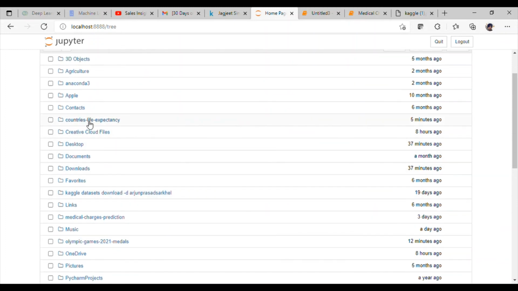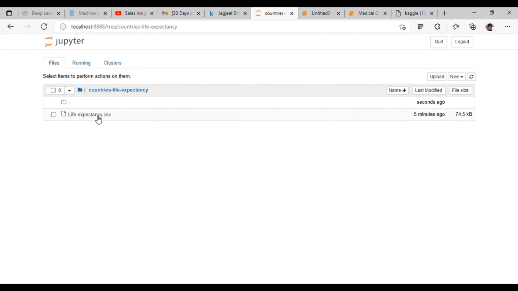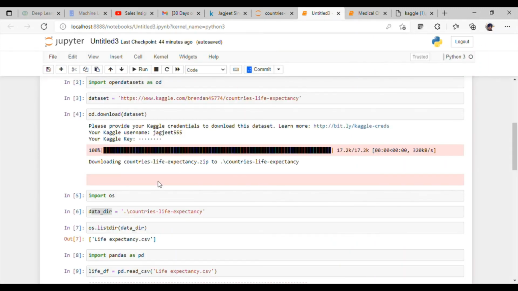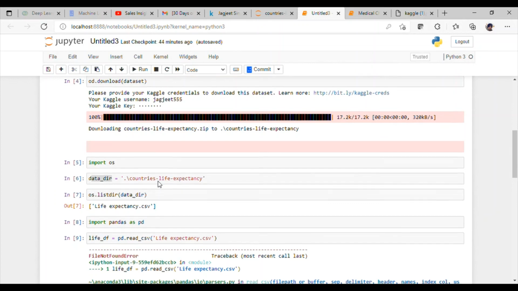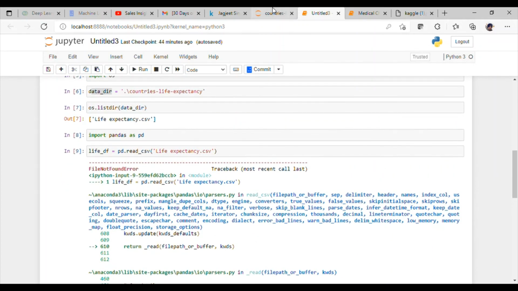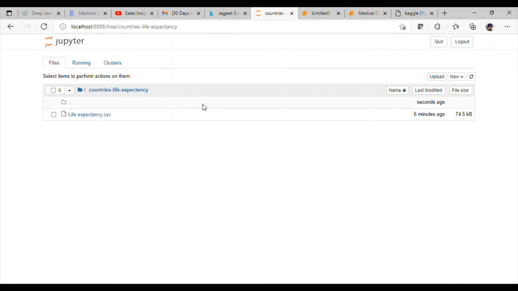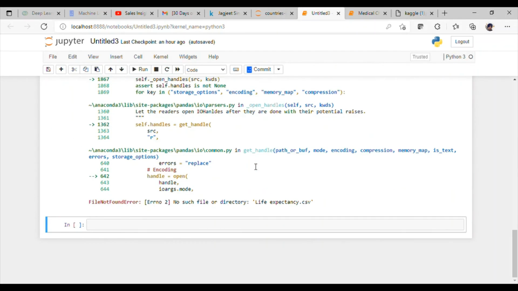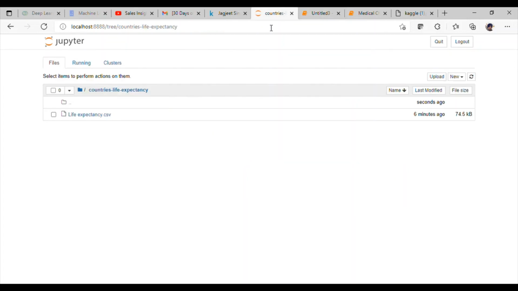You have to open this. Life expectancy.csv is here. We have it here, but it's saying that no such file or directory is there. So we need to move this into the home page.